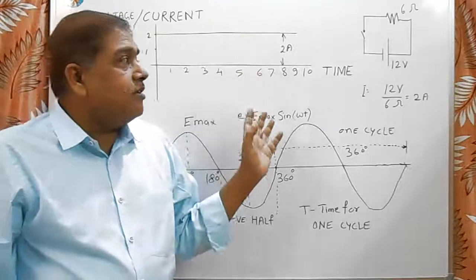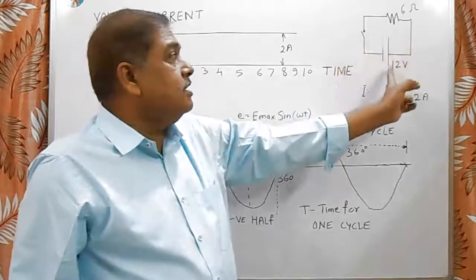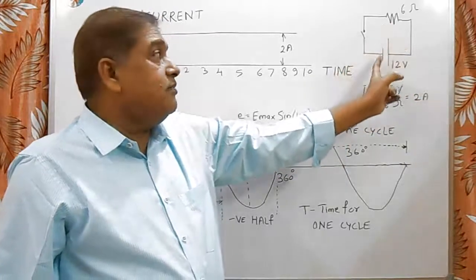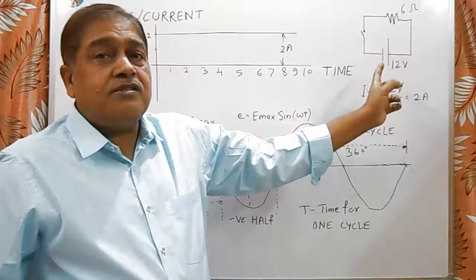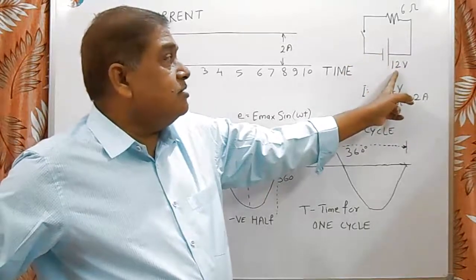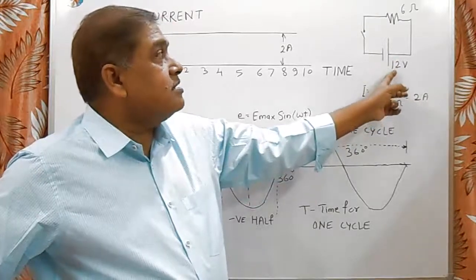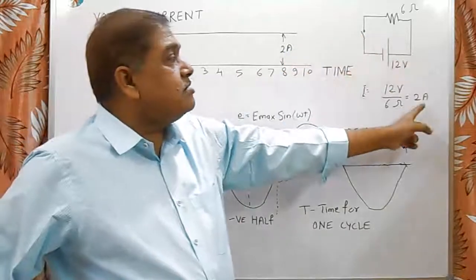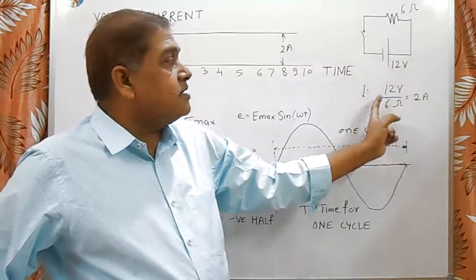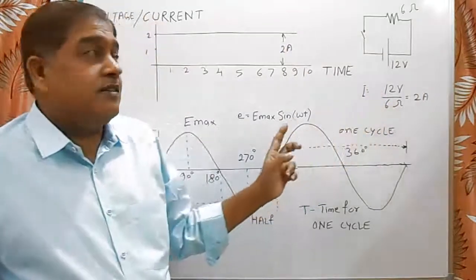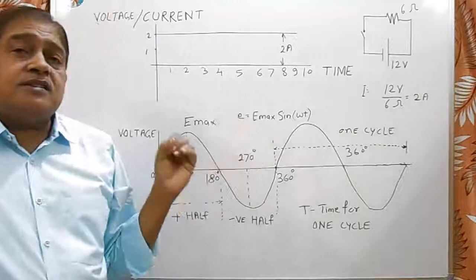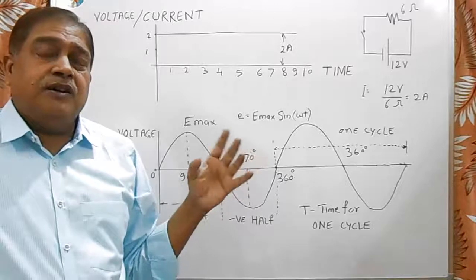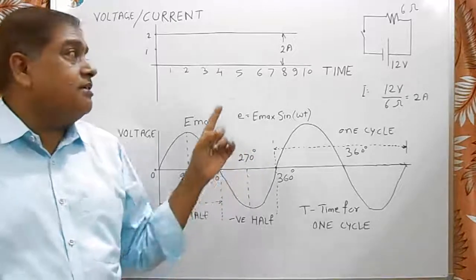The value of current only depends upon the resistance and the voltage. If we change the voltage, then the value of current will change. But if we don't change the voltage, then the current value does not change. So it is DC. DC 12 volt means constant voltage. The current flowing through this resistance is always constant, that is 2 ampere. If we change the value of resistance or voltage, then the value of current will change. So it is DC current, which means current is always constant irrespective of time, from 0 second to infinite time, up to the switch being switched on.